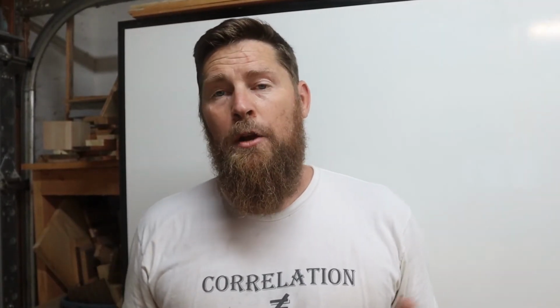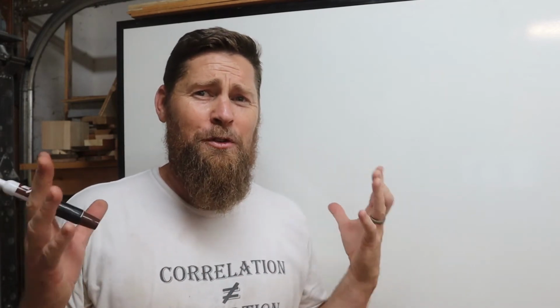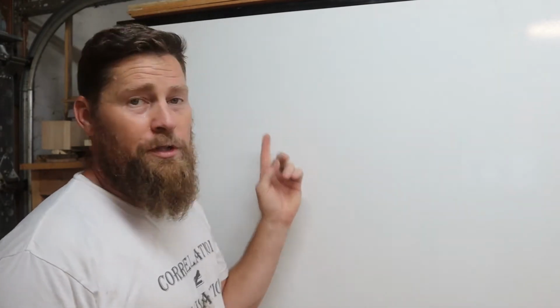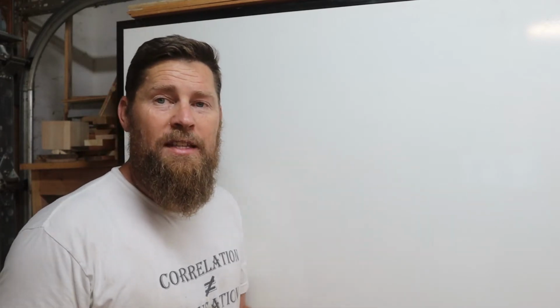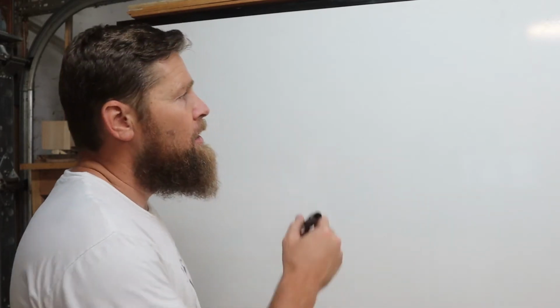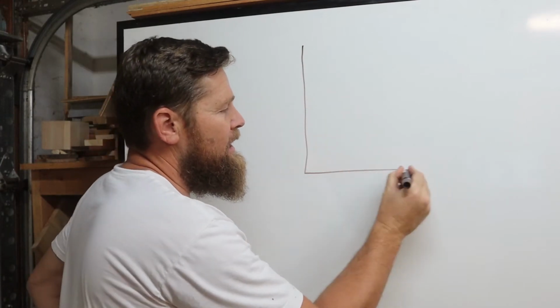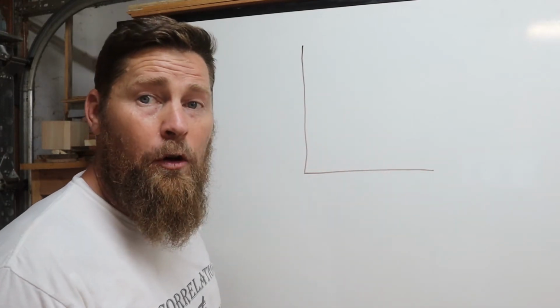We want to create a scatter plot. A scatter plot is a way to demonstrate and visualize the relationship between two variables that is otherwise, in a correlation coefficient, a little bit difficult to conceptualize. What we'll do is use x and y not only as the variables but as the axes that we draw these upon. So let's say we use the data that's in the book about x and y